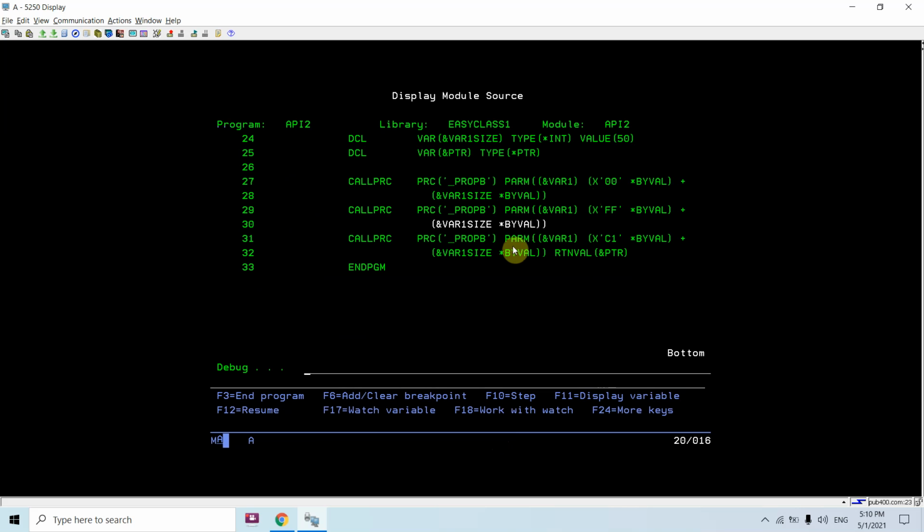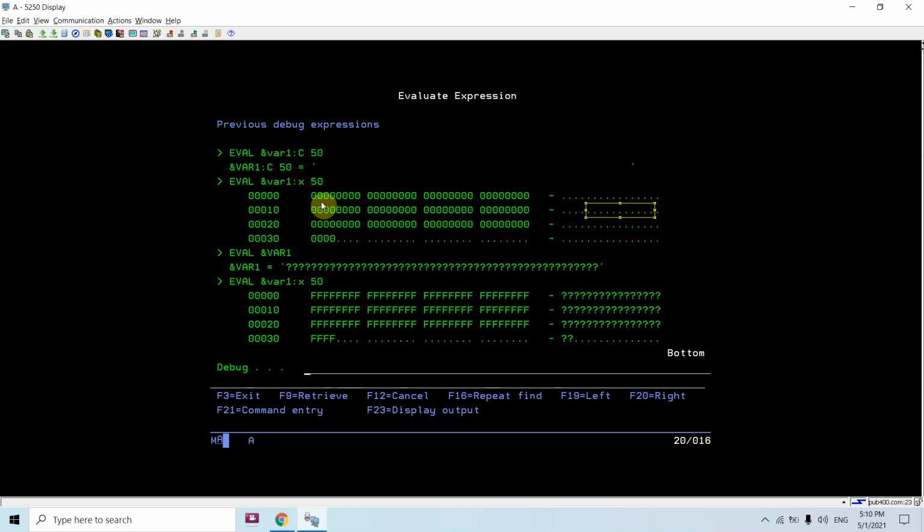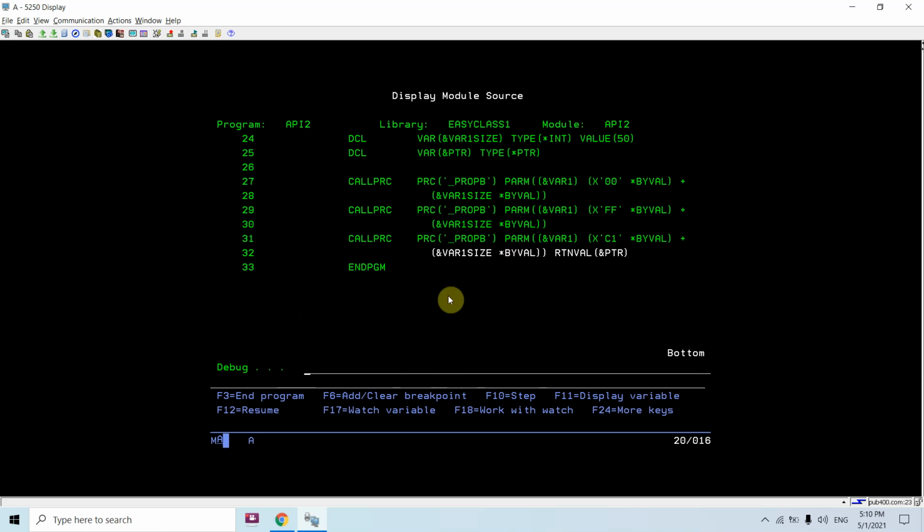Now once this gets called, ff, the high level byte, would get passed to the variable 1. Let me show you. But if you directly look into this, you will again see the question marks. Let me show you this. You can see now, earlier this had 00, now this has ff at all places of the target string, var1. Now I'm passing c1. C1 is basically for symbolic character a.